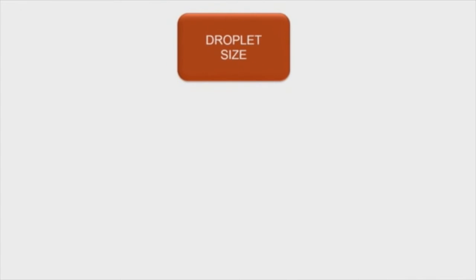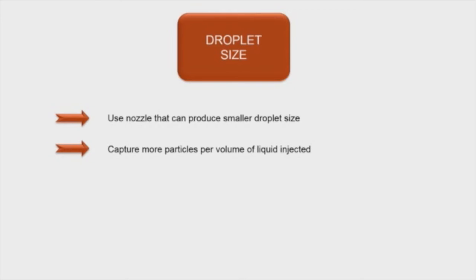For the third recommendation, which is the droplet size, it is recommended to use a nozzle that can produce smaller droplet size. This is because smaller droplets will have a larger surface area to volume ratio and can capture more particles per volume of liquid injected. However, if the droplet size becomes too small, it will decrease the relative velocity between the droplet and particles. Hence, it is very important to use a nozzle that can release a suitable droplet size to achieve high